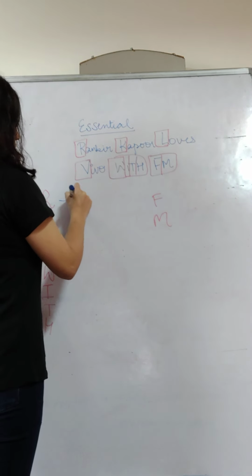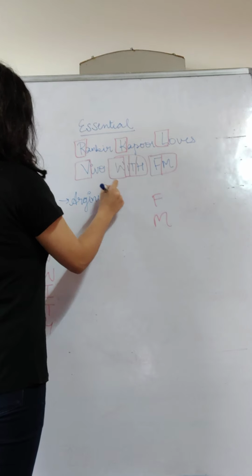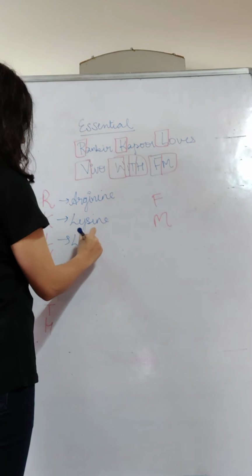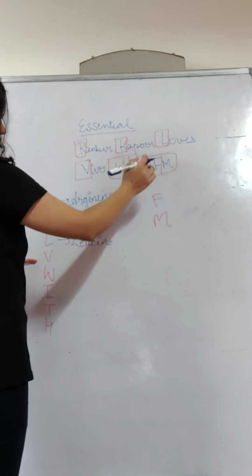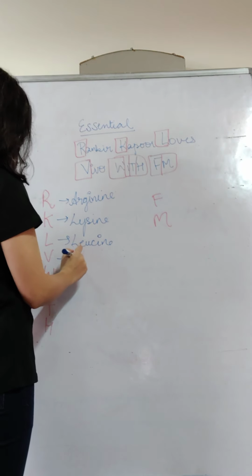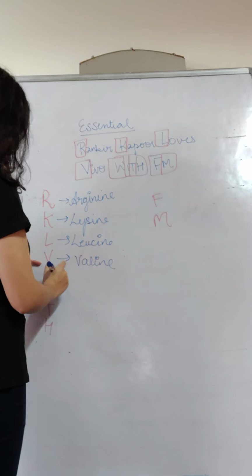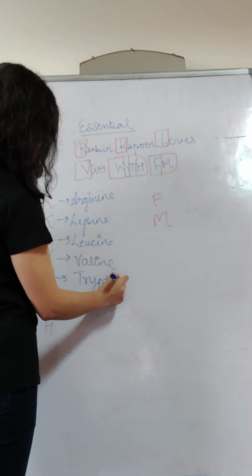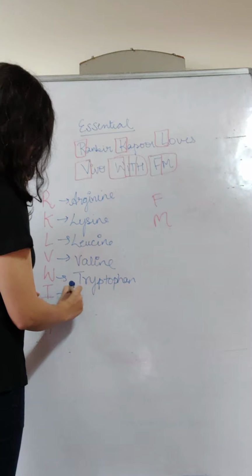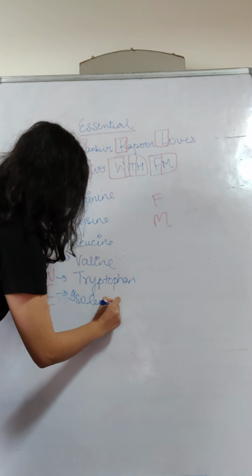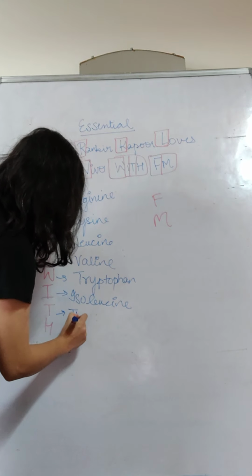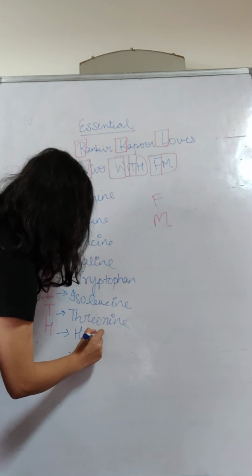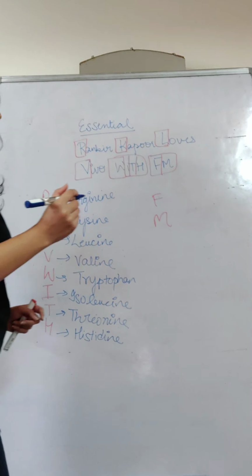R stands for arginine, K is for lysine, L is for leucine, then V in the Vivo, it is for valine, W is for tryptophan, I is for isoleucine, T is for threonine, H is for histidine,